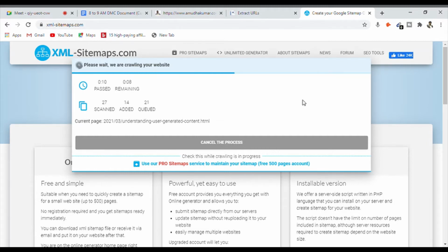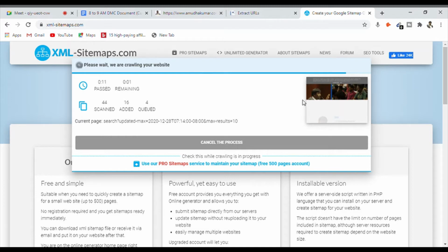Correct. Now here also I will get the complete URL database. Okay, hope I got it. Still loading. So when you have more URLs, it will take more time. When you have a limited number of URLs, obviously it can complete in 1 or 2 minutes. My website will be completed in 1 or 2 minutes because I have very little content, approximately 43 to 50 pieces of content.